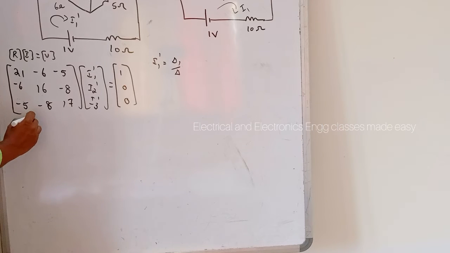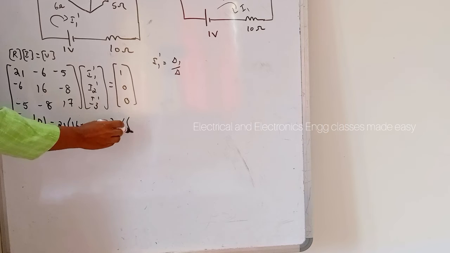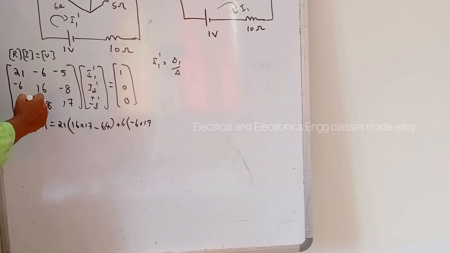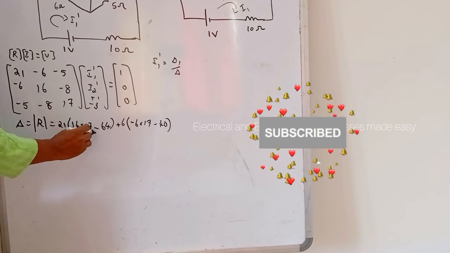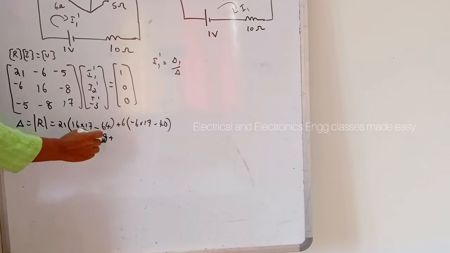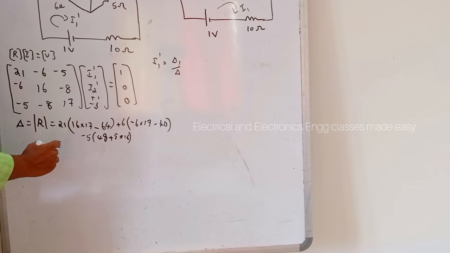Delta is the determinant of the R matrix, that is equal to 21 into 16 into 17 minus 8 into 8, that is 64, then plus 6 into minus 6 into 17, then minus 40, then minus 5 into 6 into 8, that is 48, then plus 5 into 16, and that is equal to